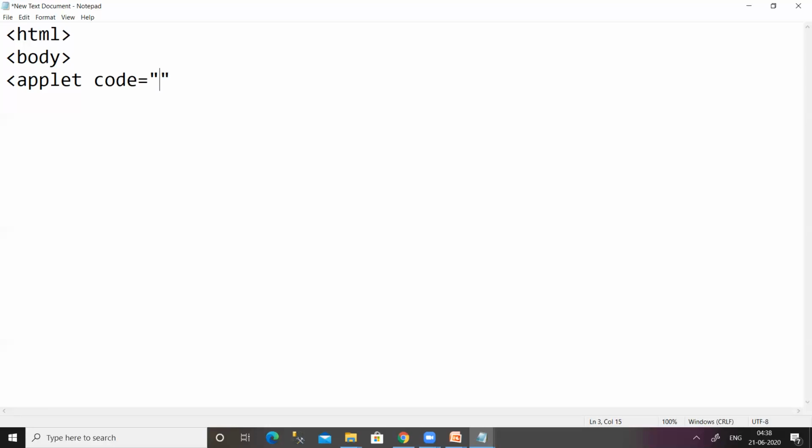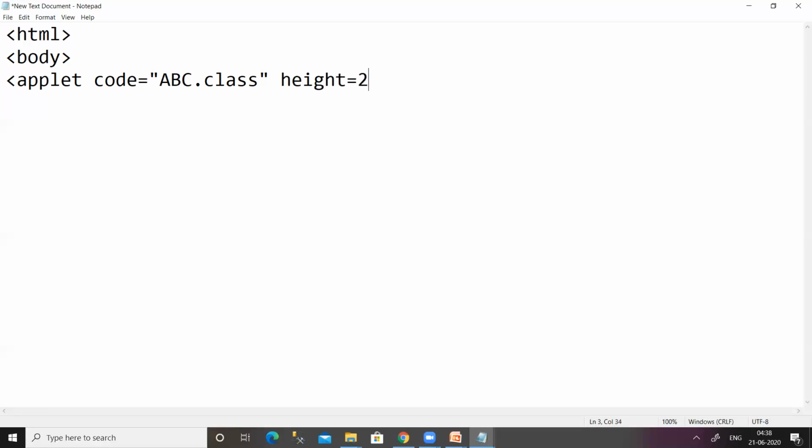So we have to compile the Java file first, so that the particular class file will be generated. Earlier I wrote one Java program and saved it as ABC. If I compile abc.java, I will definitely get a class file named ABC with the .class extension. So I have directly given code equal to abc.class,